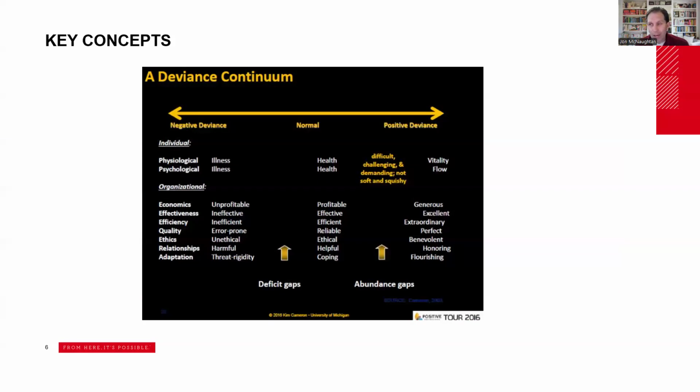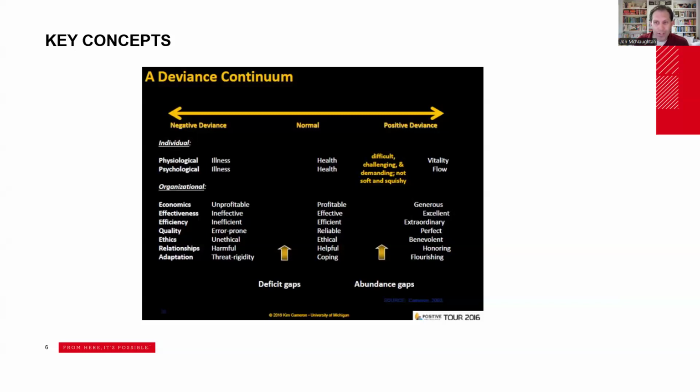The basic idea of the positive deviance continuum is this, that most of the time in our leadership, in our work, we are thinking about what we call deficit gaps, which is the difference between negative deviance and normal performance. So think for a minute about some of the organizations you may have worked in and think about how normal performance is kind of when we're getting done what we need to get done. And yet, whenever somebody falls below normal performance, we call that negative deviance, or somebody that's not accomplishing what they need to. And most of the time, we're just trying to get back to that.